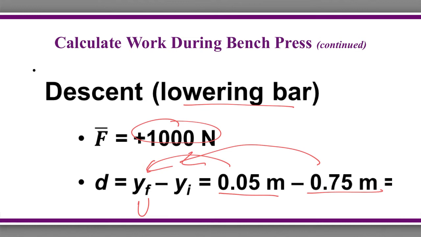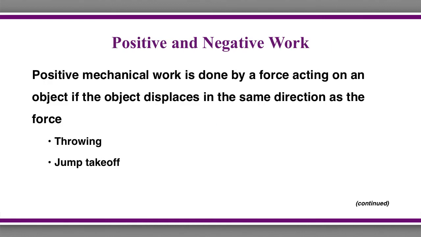So his work done for the descent is going to be U equals 1,000 newtons times negative 0.70 meters, which is equal to negative 700 newton meters, or negative 700 joules. So when you're calculating work done on some type of object, especially in an anatomical movement, it's important to know the difference between positive and negative work, both mathematically